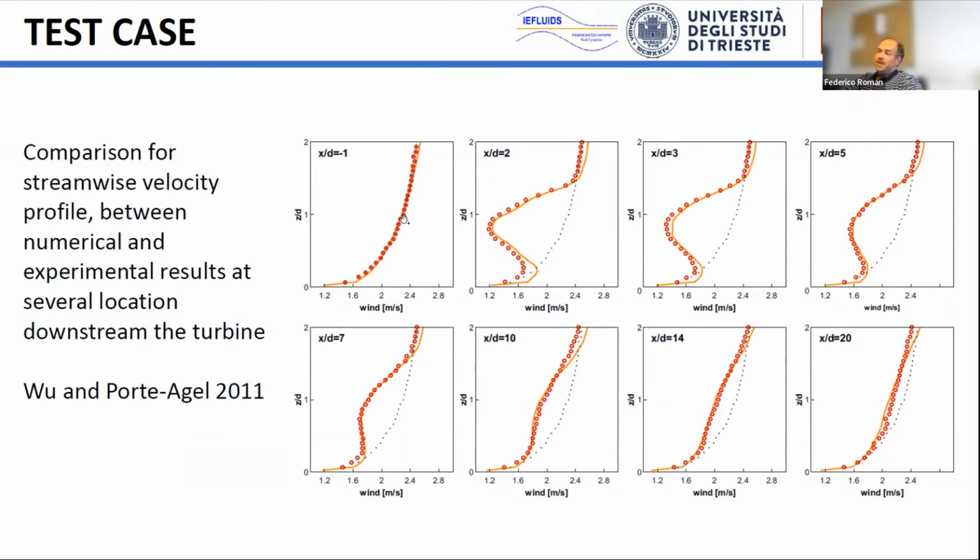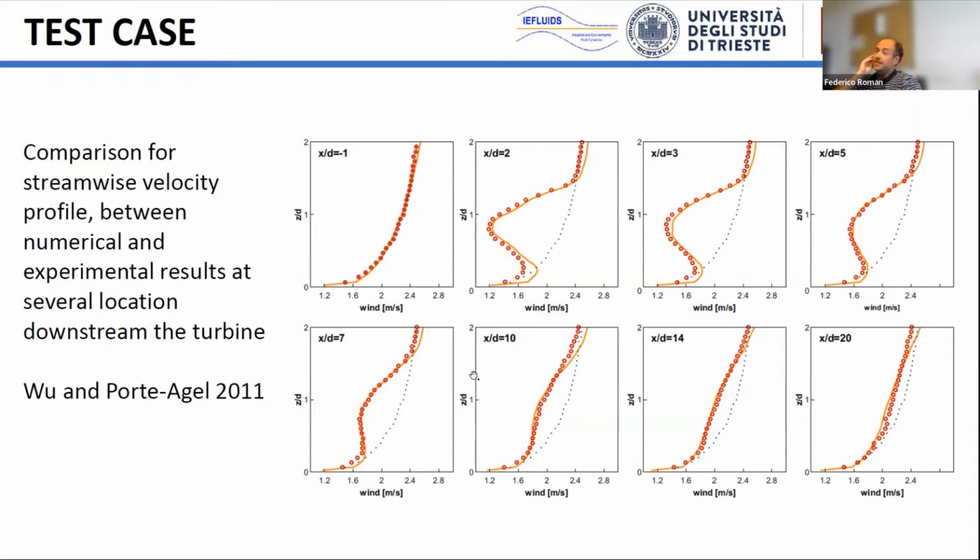These are the mean values along some diameters after the turbine. So this is the incoming velocity profile, and then here you can see the effect on the velocity with respect to the